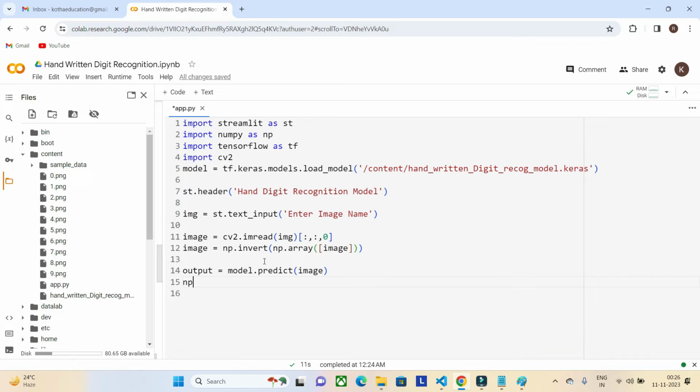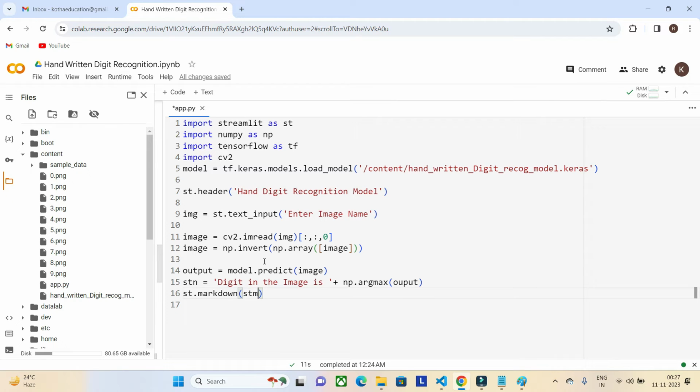And here I would like to add a string, digit in the image, plus np dot argmax of output. And st dot markdown, we have to print that, right?